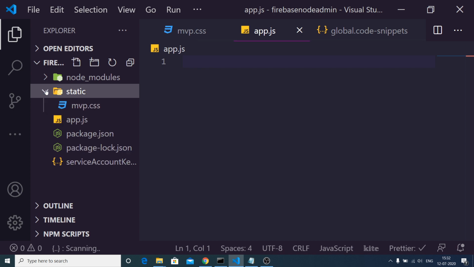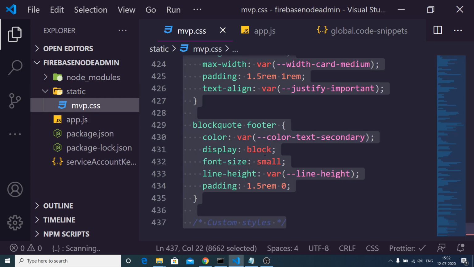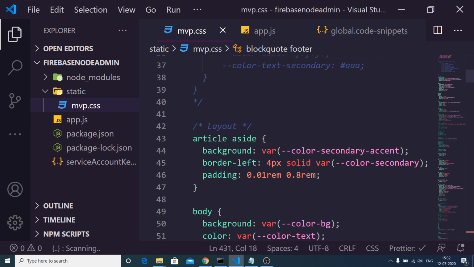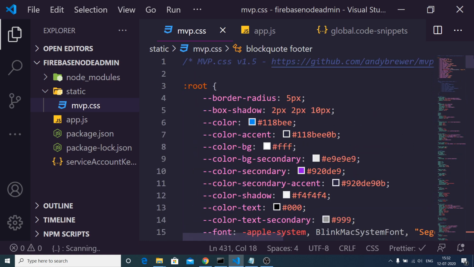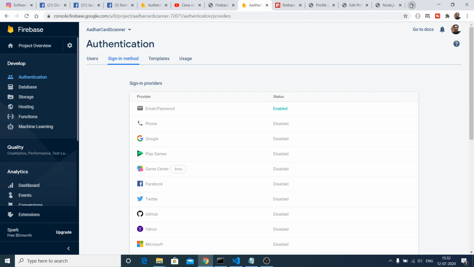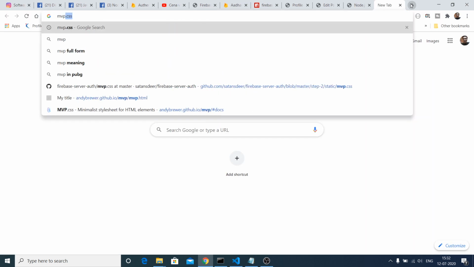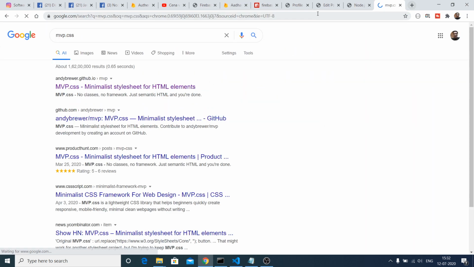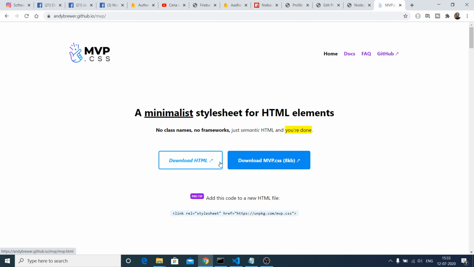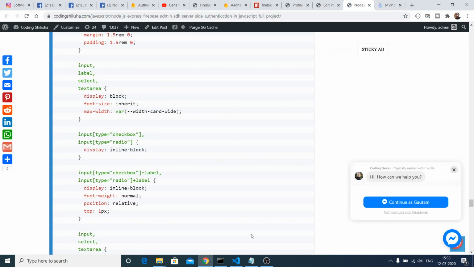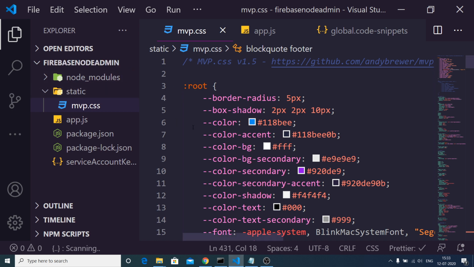and this is a CSS, MVP CSS. So basically these are the style sheets that we will be applying here. So I have given all the source code. You can copy that. So if you just search on Google, which is mvp.css, so these are the bare bone styles which are applied to HTML elements, mvp.css. So you can download this CSS file from this link also. So that's it.